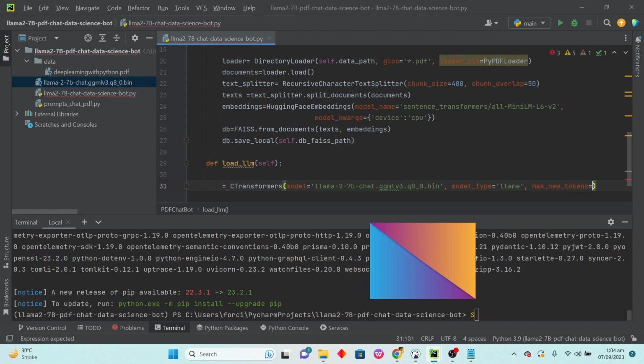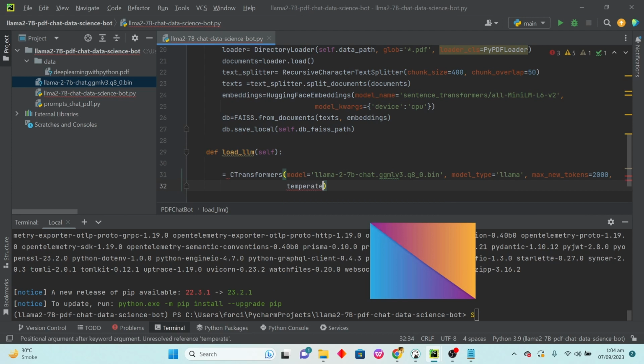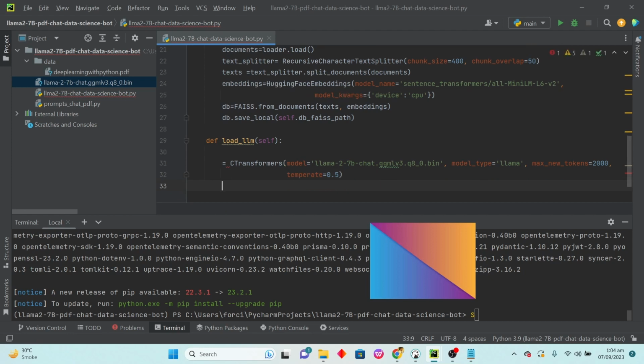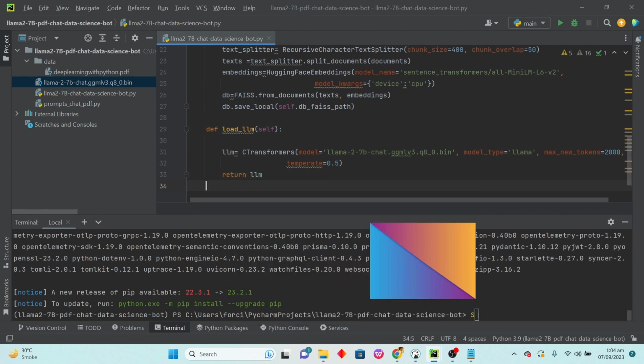For now we will set it to 2000, and temperature we can set it to 0.5. So we have initialized our Llama 2 7 billion model, and the next thing is to use the conversational chain